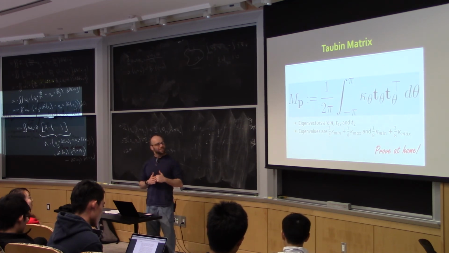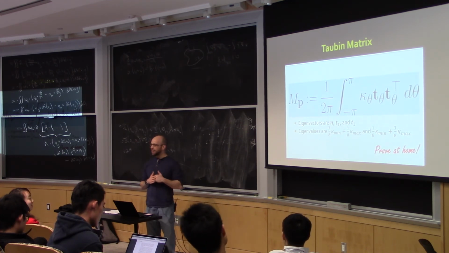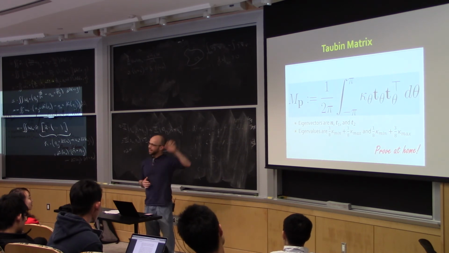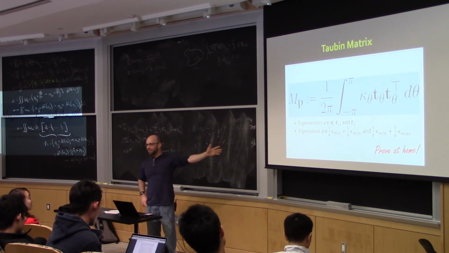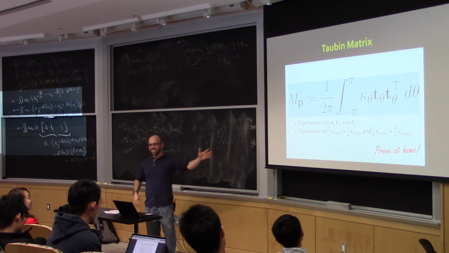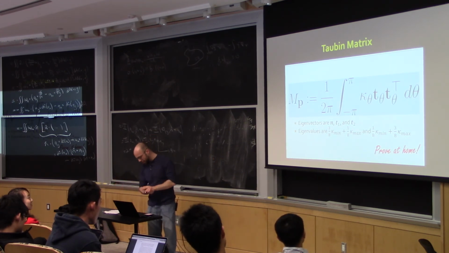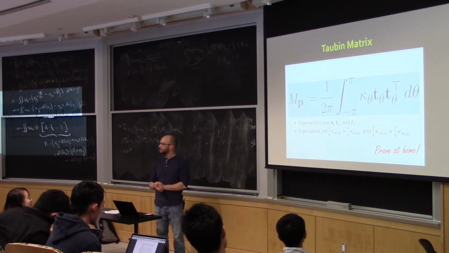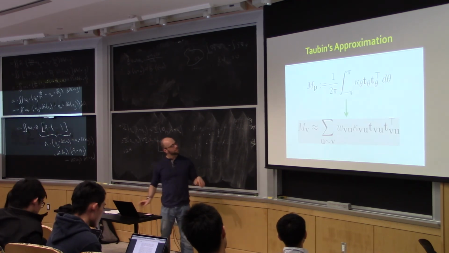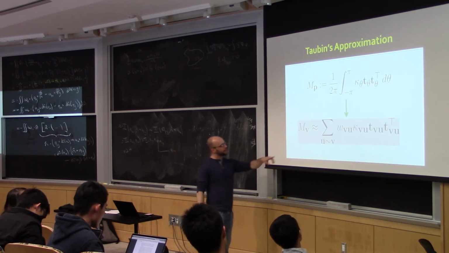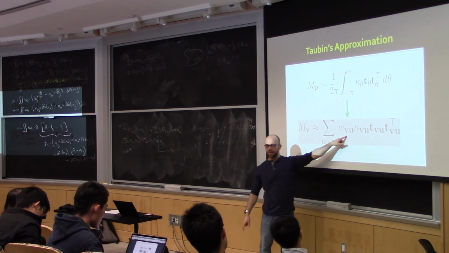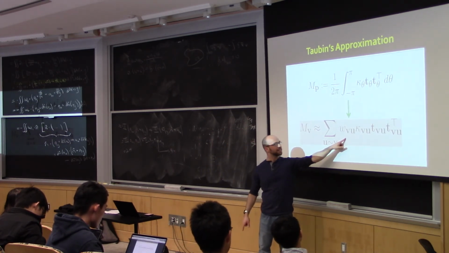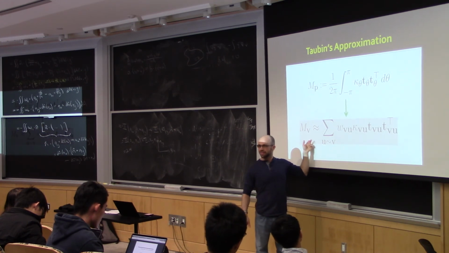Okay, so in any event, we now have a grasp onto some formula that we can discretize, yeah? And that's what we were after. So we got it, folks. Okay, so what does Taubin do? He says, well, that's an integral. We don't like doing integrals, so let's replace it with a sum. So instead, we're going to generate a bunch of tangent directions out of a given vertex on a mesh and try to construct this matrix, yeah?